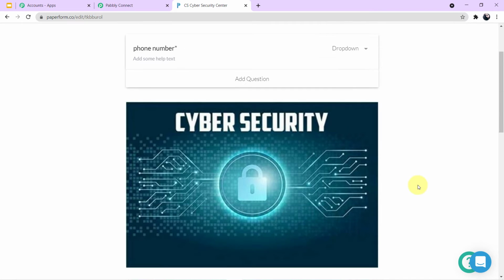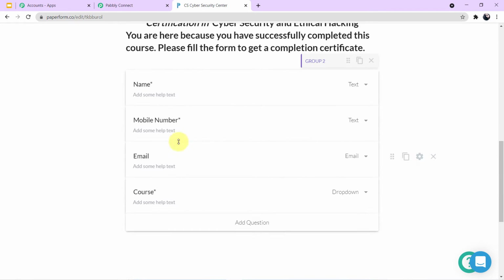And one more important thing, guys. Whenever you create the form for your students, don't forget to give a help text here, or let's say an instruction box here, to add the country code with the mobile number. Adding the country code with the mobile number is very important. Why I'm telling you this, I'll show it to you in my workflow. But just remember that you have to give an instruction box or a help text for your students to add the country code with the mobile number.